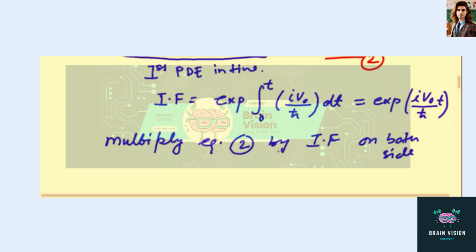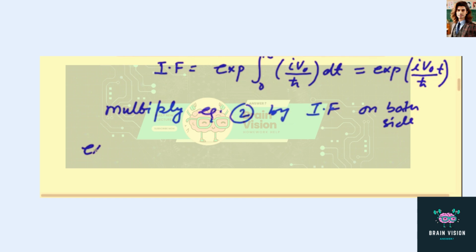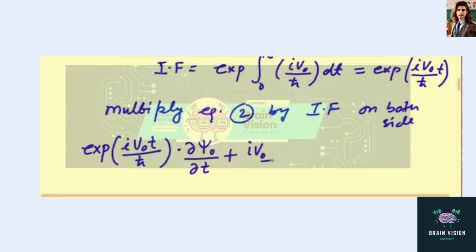Then you will get i exponential i V naught t by h bar dot del psi naught by del t plus i V naught by h bar psi naught xt, and exponential i V naught t by h bar